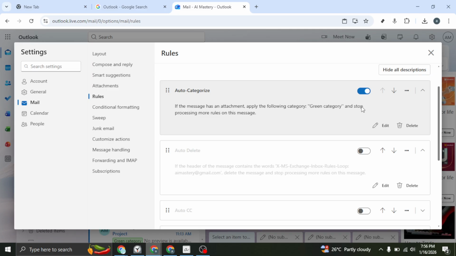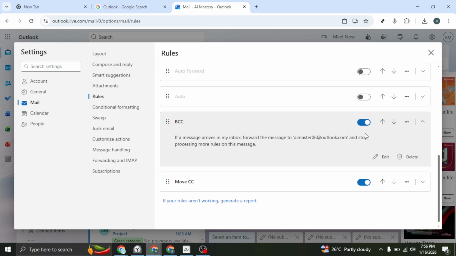A few practical tips as you work. Make sure you're in Mail settings, not Calendar, so the Rules option is visible. Remember that turning a rule on or off affects messages from this point forward. Existing emails won't be retroactively changed, and if you're in